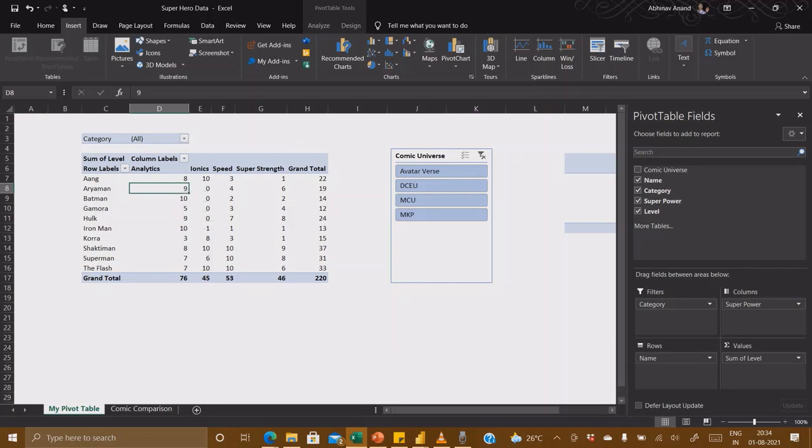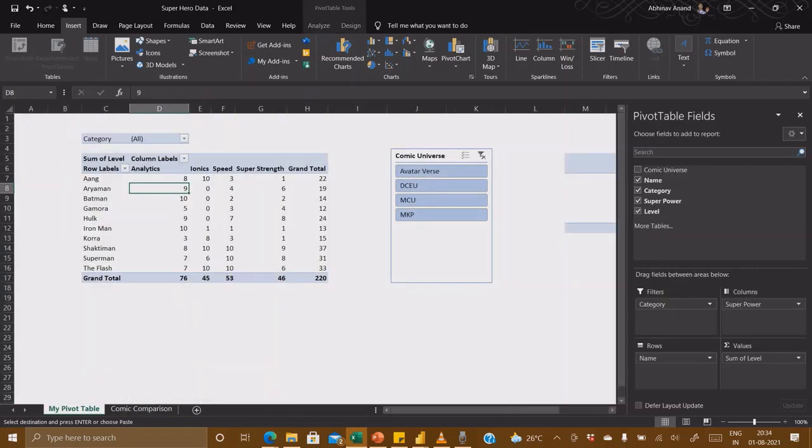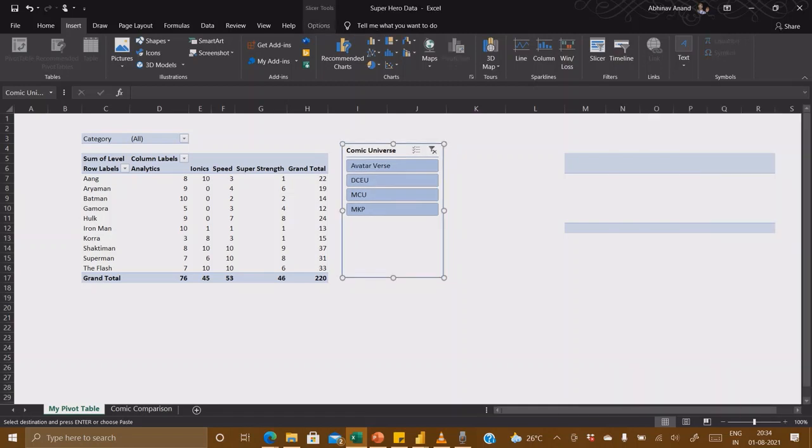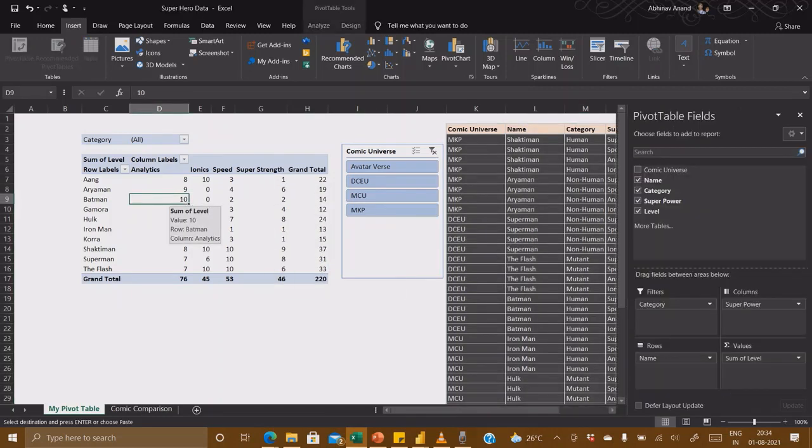Because if you see here, let me bring this data right next here. Now you can see the data directly here, so that's why I've brought it here. So let's consider this cell.